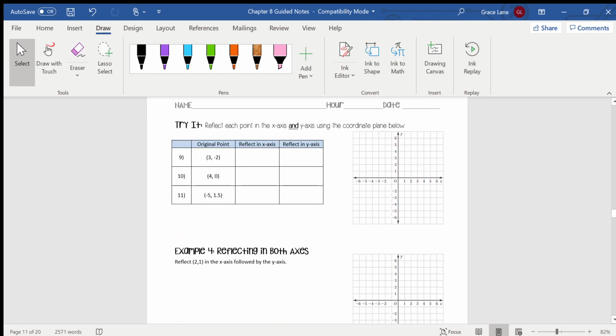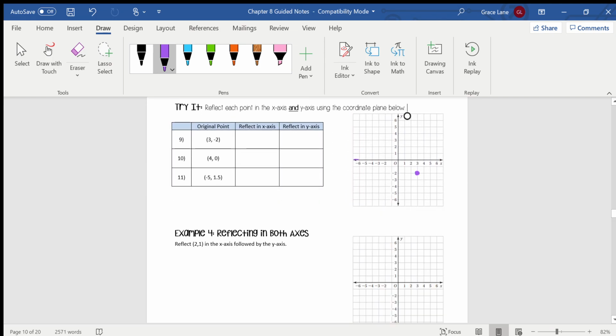Okay, so you guys, I made you a little table down here, but basically it's asking you to reflect twice now. So for number 9, number 10, number 11, we're going to do it 2 different times. So number 9, I'll do in purple. 3, -2 is the original point. So start at 3, -2, right there. So first, if we do the x-axis, that's the horizontal number line. And so if the x-axis is a mirror, the dot will stay